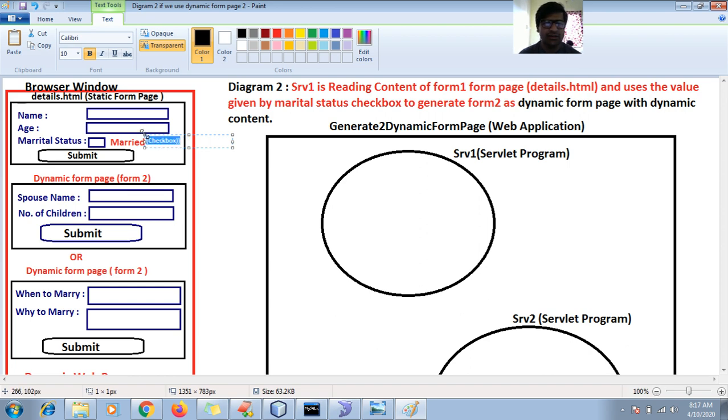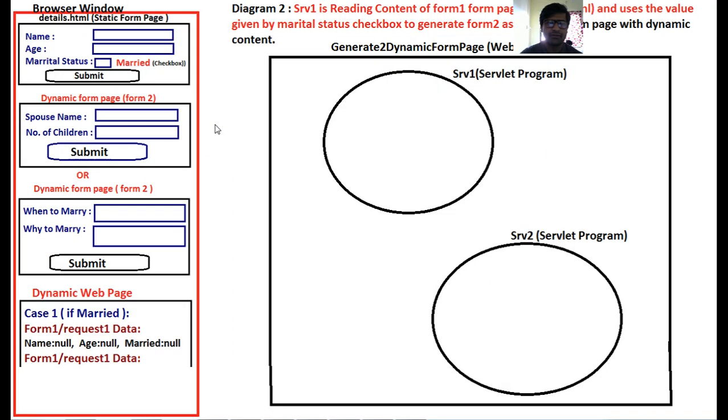And apart from this, okay, fine. And then let me go for full screen. In the browser window, you will find